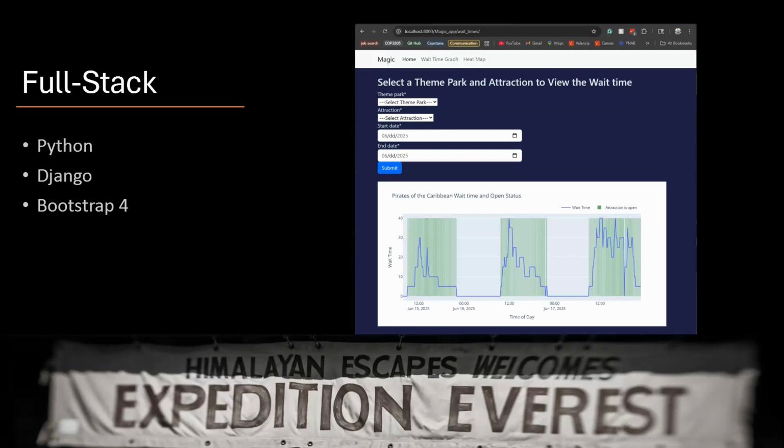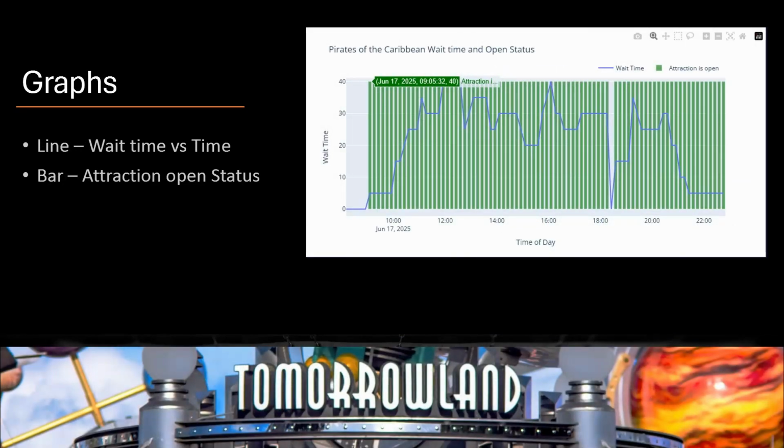I learned how to use Django to build a full-stack application. Again, it's mostly Python and it's styled with Bootstrap 4. For our graphs, we have a line graph and a bar graph that share the same space. The line represents the wait time versus the time of day, and the bar graph shows whether or not the